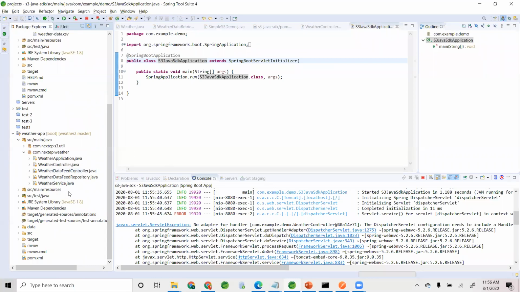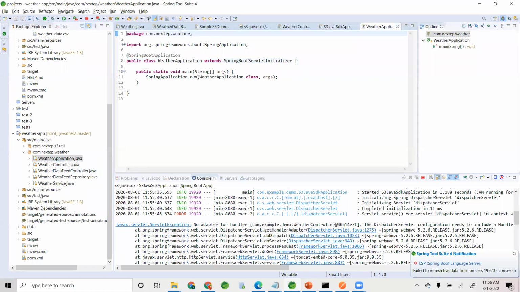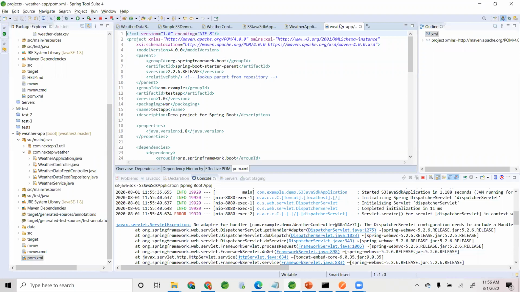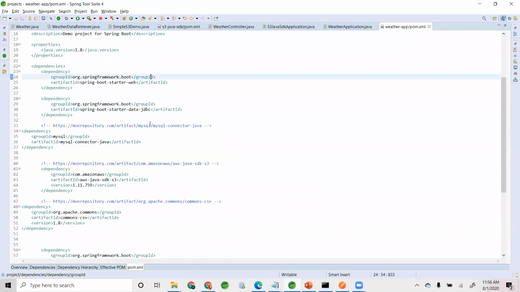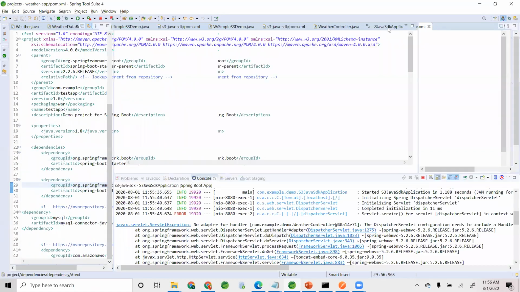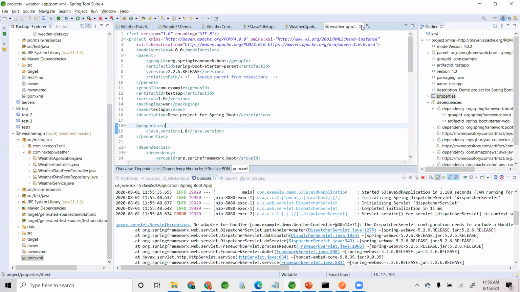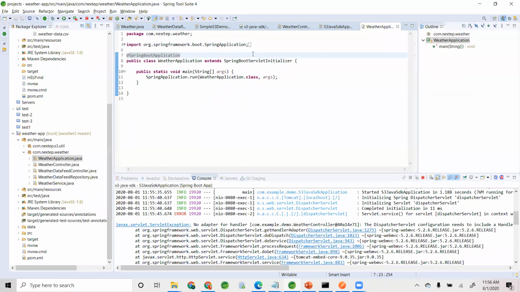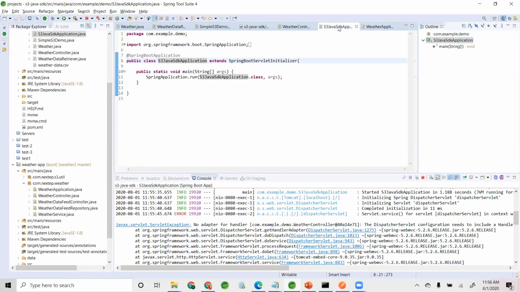This is a one-time setup, right? The Spring Boot application, the controller. Do I need any of the other libraries? Spring Boot starter web, yeah, all of this is fine, right? Spring Boot servlet initializer, Spring Boot application. Spring application dot run.